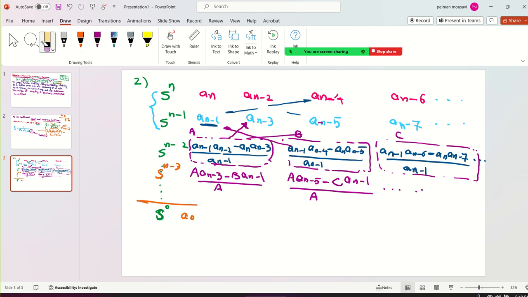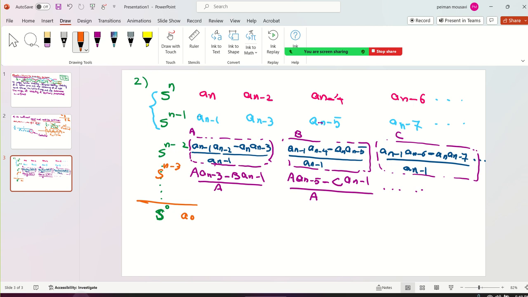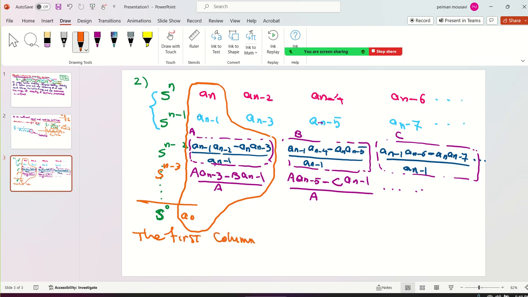When you make that, I'm going to delete these things because I want to make a point. Okay, when you make that, you're going to have the first column. I'm going to circle it. You have a first column in this table. Second condition, the first column of the table must